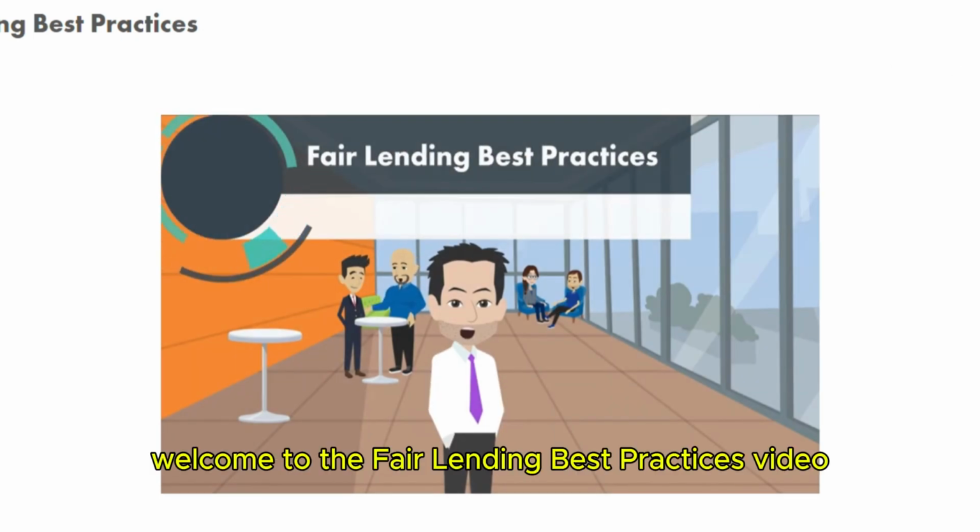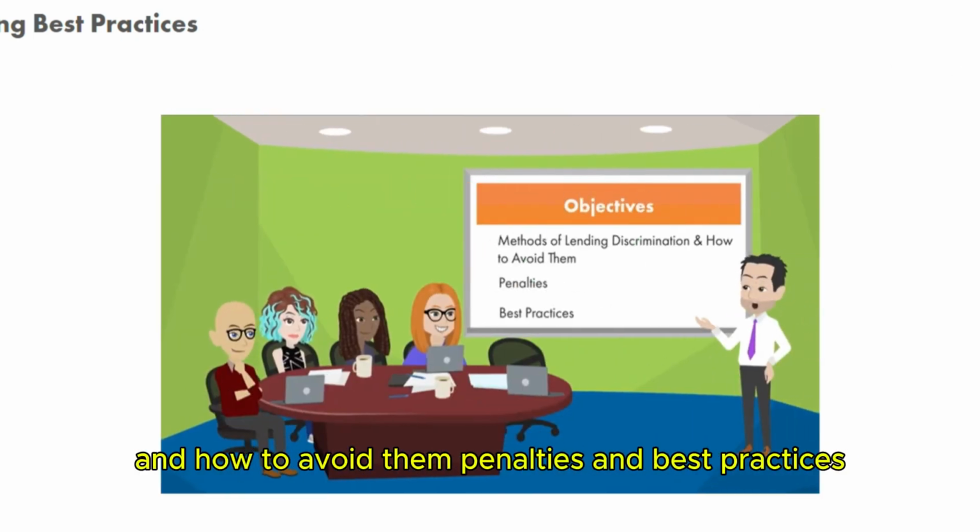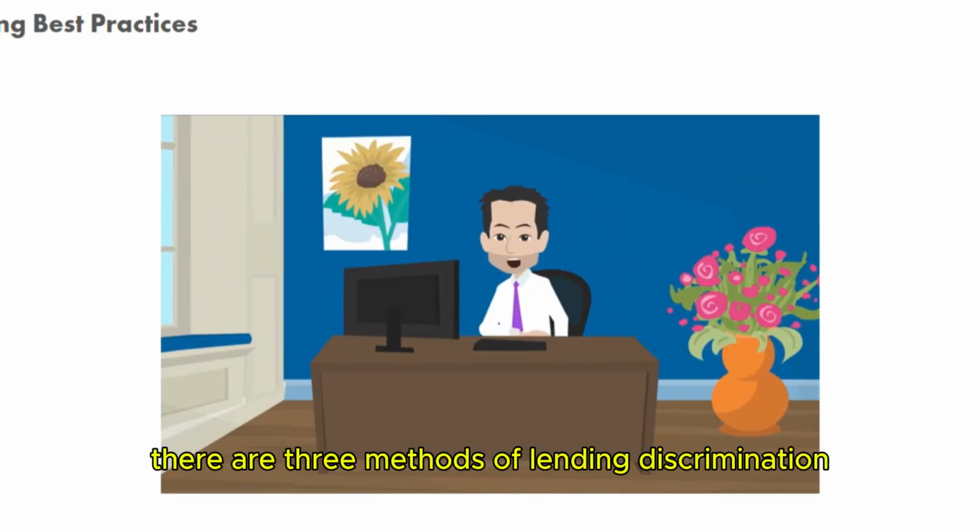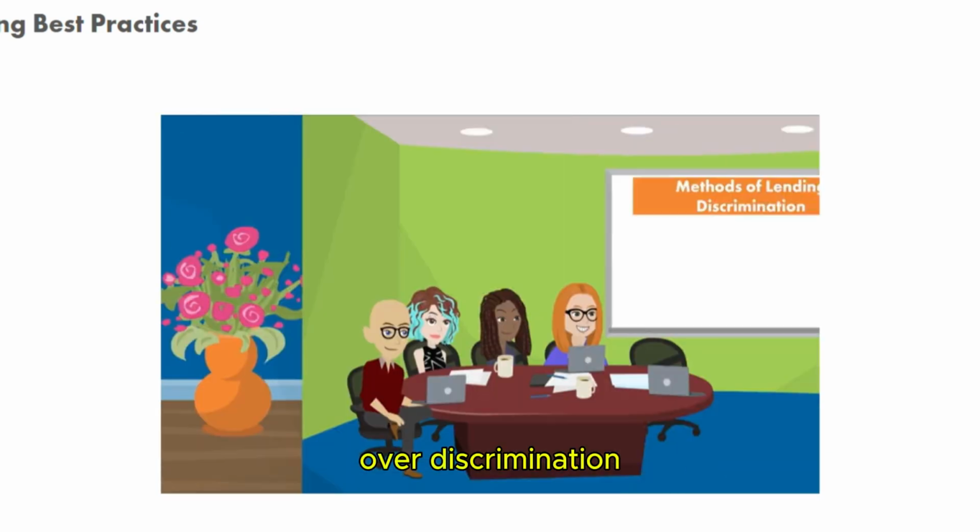Welcome to the Fair Lending Best Practices video, which will focus on methods of lending discrimination and how to avoid them, penalties, and best practices. To start, there are 3 methods of lending discrimination under ECOA and the Fair Housing Act: overt discrimination, disparate treatment,